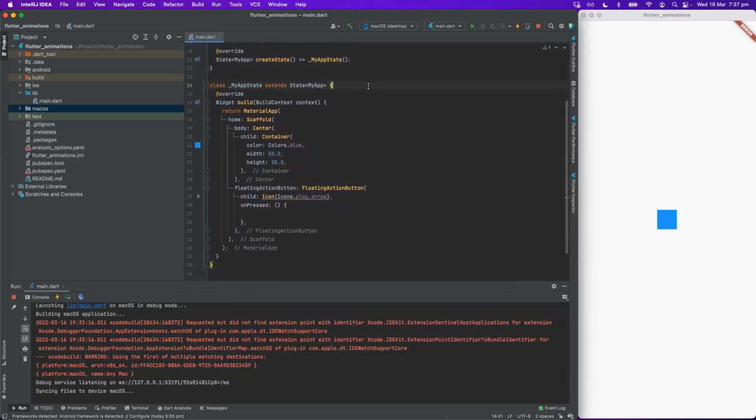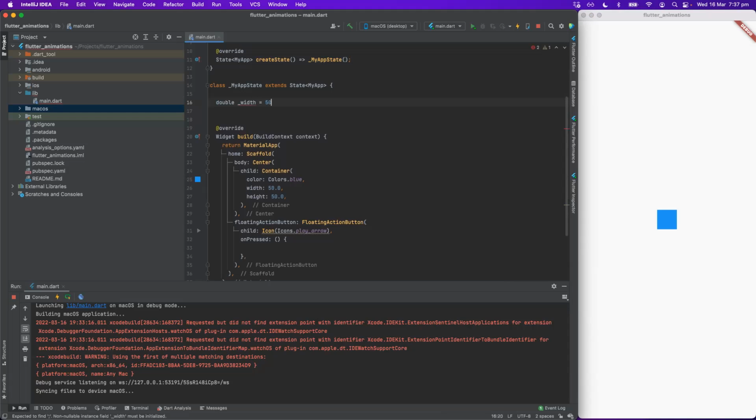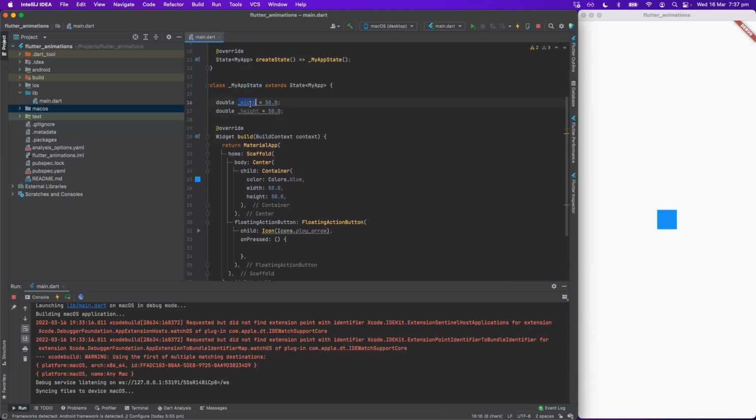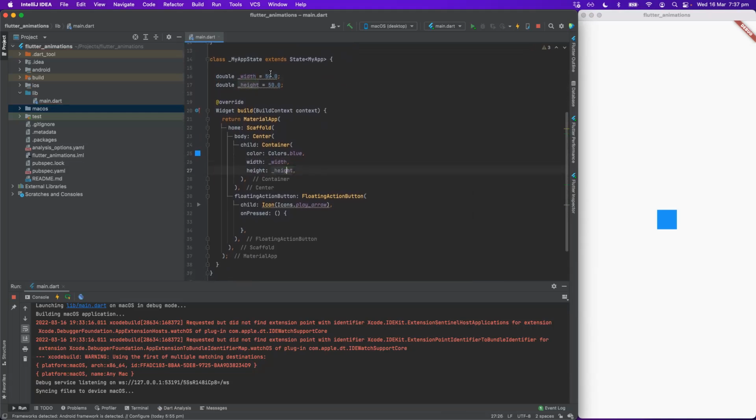Every parameter that we want to modify should go into this class. So I'm going to create a new variable for the width and for the height. These two are now going to keep the information about the width and height of this container instead of these constant values. So now this widget knows what the parameters are.